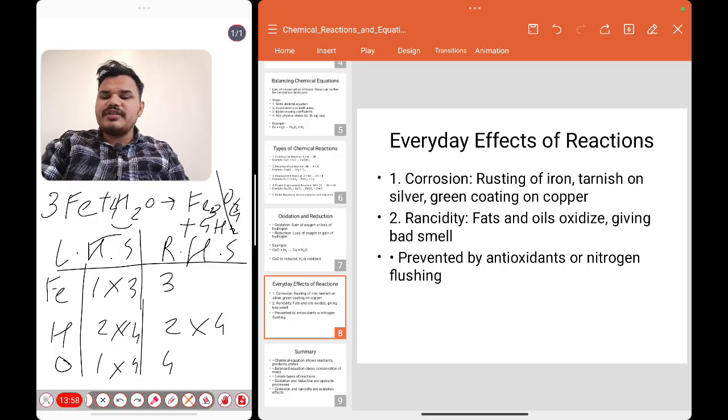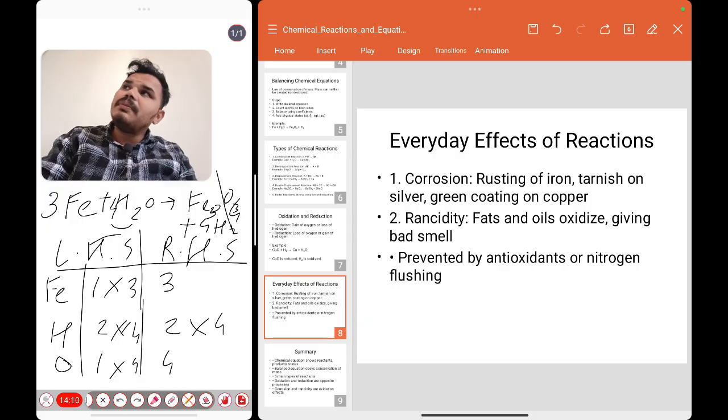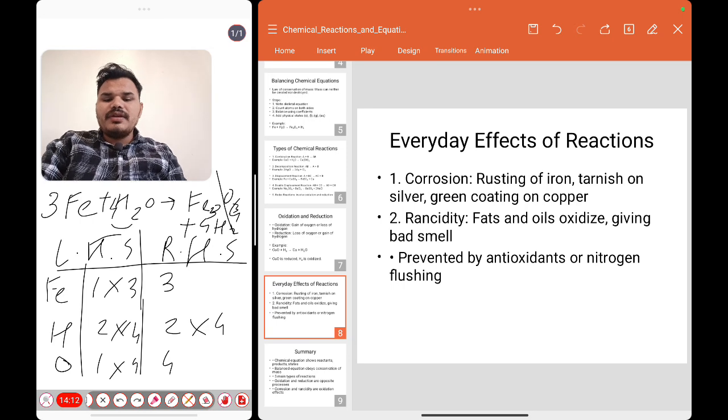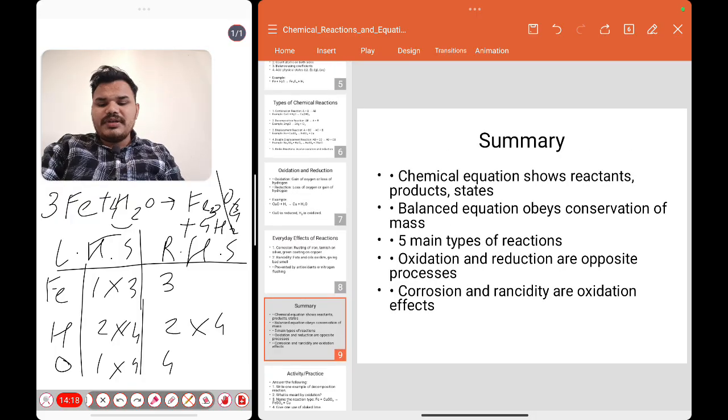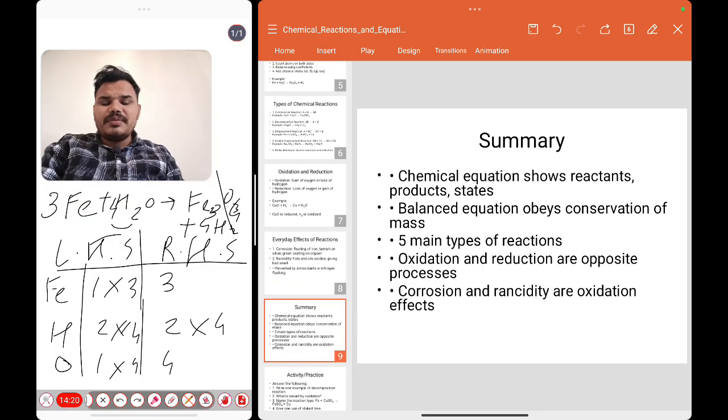Then the rancidity is nothing but in a general way, if we keep vegetable oil for a long time open in the atmosphere, the fats and the oils get oxidized, and that is why we'll get a bad smell as well. Then it is prevented by antioxidants or nitrogen flushing. In summarized way, if we think about it, so chemical equation